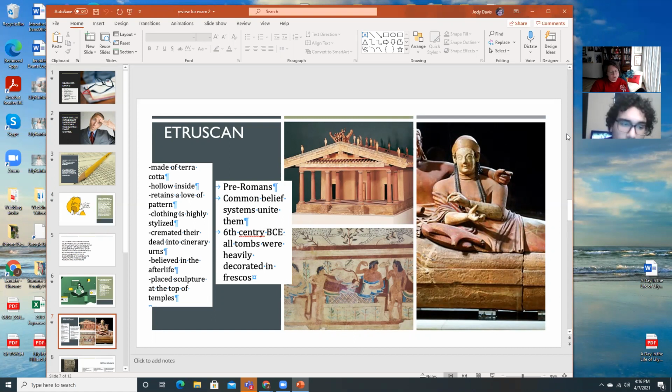Each set of tombs looked a little bit different, but the tombs were usually underground, and some of them had things in them for the afterlife. They particularly loved fresco painting, and they really loved highly stylized patterning. Mythological creatures were often included in their art, and they have a gender variation in terms of color. So the men tend to be a dark reddish color, and the women tend to be a white color.